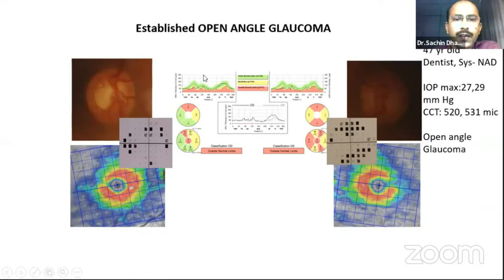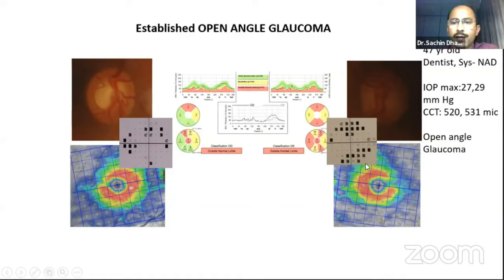Now see an established case of open angle glaucoma. Here you have the TSNIT of the RNFL showing a sectoral decrease in the superior and inferior pole in the right eye and both poles in the left eye. You can see a classical correlation with the nasal step here, biarcuate scotoma here, whereas the ganglion cell is eaten on one side, eaten on the other side, but the opposite side is absolutely normal. This is what I want to tell you, that the ganglion cell or the RNFL alone will not give you the total picture. Both when considered together will give you the total picture.